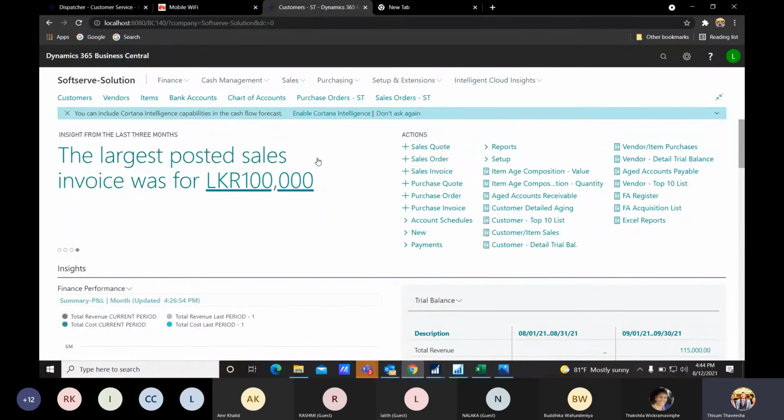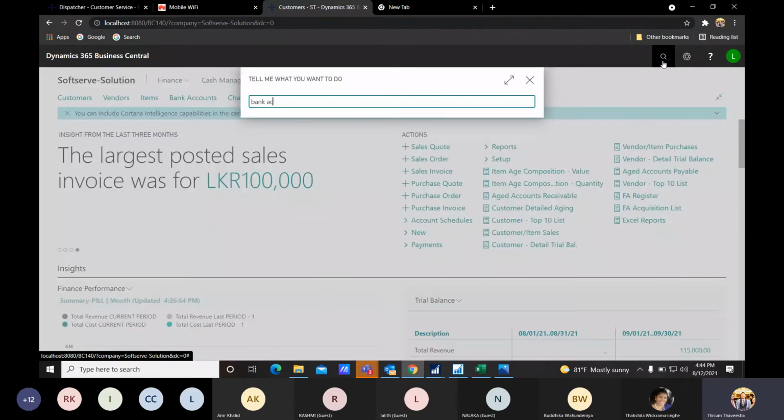This is the whole simple process, starting from the purchase order to a sales order, starting from where the item gets into our company and goes out from our company. In detail, we will be discussing all these things, the purchasing part and the sales order part. So this is currently the overview of the system, right? Then I will show you how to do a bank reconciliation, so I will go and show you the bank accounts.